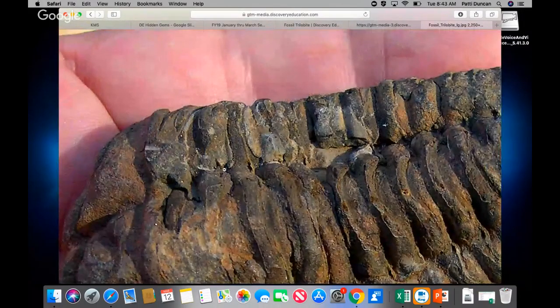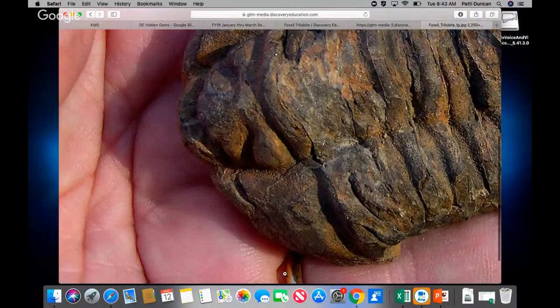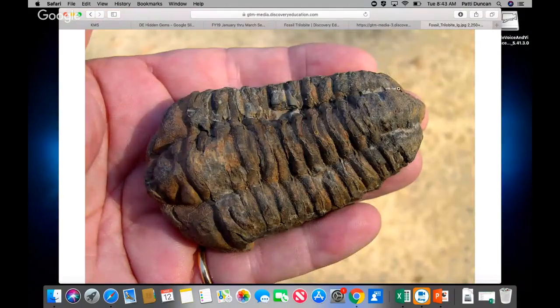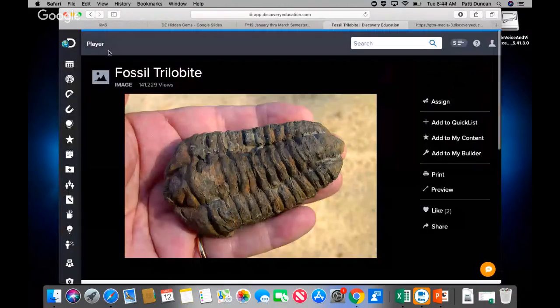So I can really look at this trilobite and I can look at the details. I can even zoom back out, or zoom into just a little piece here and ask students, what is that? And I can guarantee that you're going to have students say that that's a dried piece of dog poop or something, right? But it's not. It's a trilobite. So let's zoom out and look at it and talk about it. So zooming in and out of the images is a really great idea that a lot of folks are not aware that they can do.